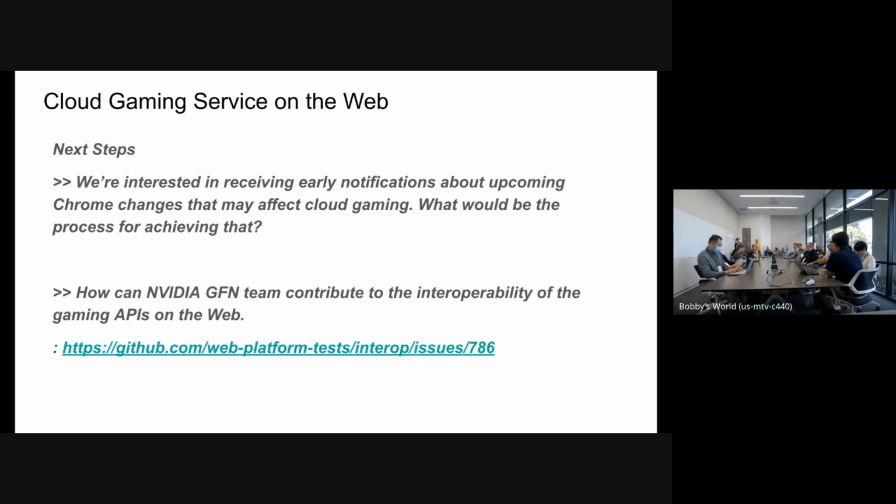Actually, we have early detection regression system kind of things, but these two issues are more like enabled features. Our detection system couldn't catch it because it's more of a runtime switch, turning on and off. And we have a system in place where Sun has a server where he pulls down Chromium bits every night, builds them, and then runs our test suite. The thing is, in those builds, the flag for the prompt is not turned on. Yeah. So we can't catch it.